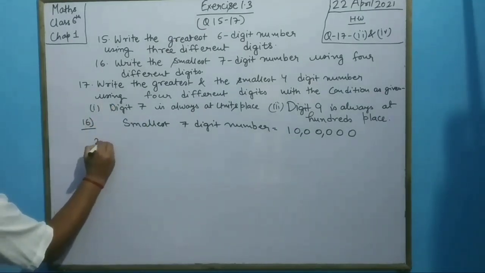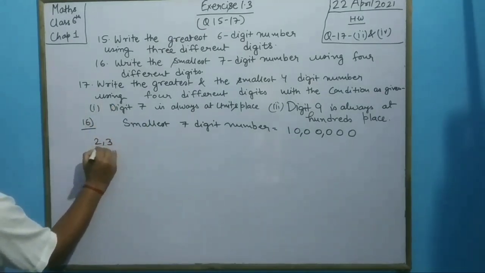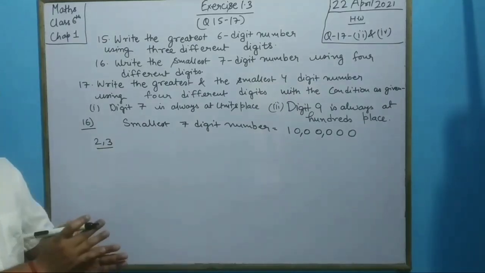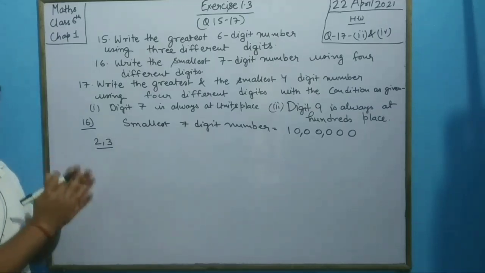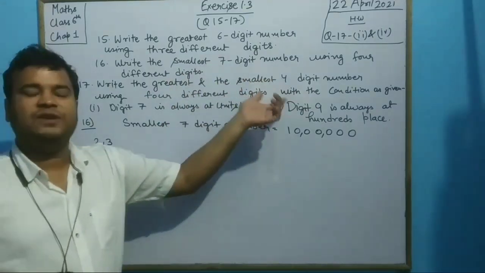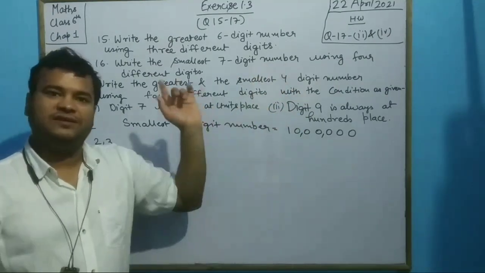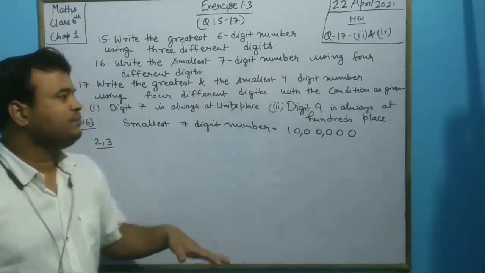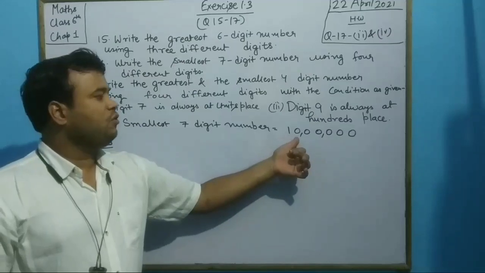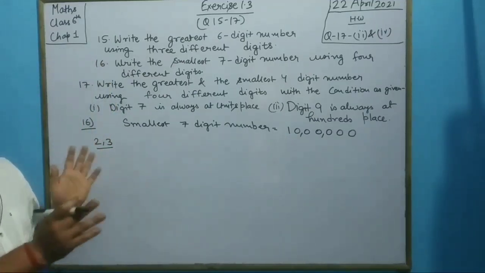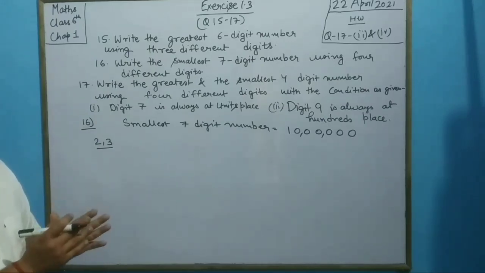So we have used 1, we have used 0. So we have 2, we can use 3. Because we are writing the smallest number, we will see the smaller digits also. In the previous one we used the larger digits, that is after 9, 8, then 7. Here after 0, 1, we can use 2 and 3. Okay, these 4 digits are the smaller ones.